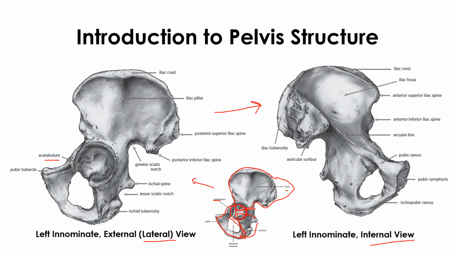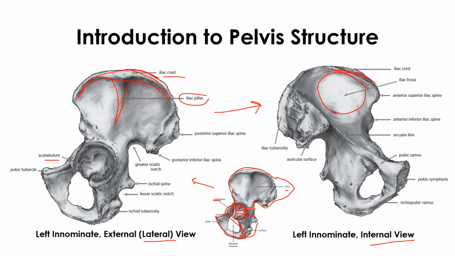The iliac crest is the first part. This particular frame which you are able to see is the iliac crest. The frame which is built on it is called the iliac pillar. On either side of that we will be able to see the iliac crest as well, and the fossa. On the back side you have the pillar, on the front side you have the fossa, that means a depression, and this is a projection.